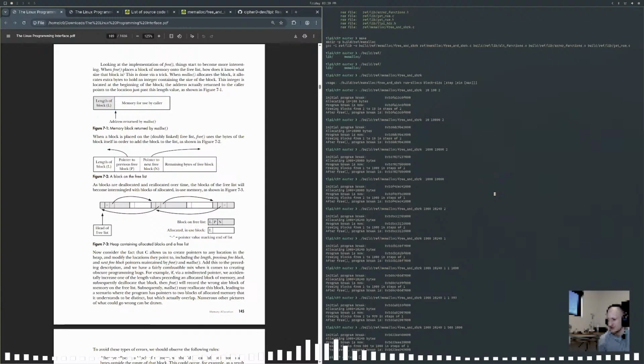Now consider the fact that C allows us to create pointers to any location in the heap and modify the values they point to, including length, previous free block, and next free block pointers maintained by free and malloc. Add this to the preceding description, and we have a fairly combustible mix when it comes to creating obscure programming